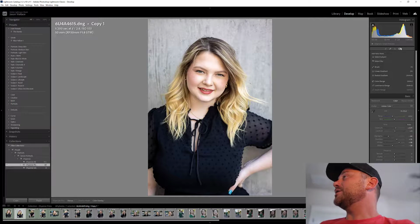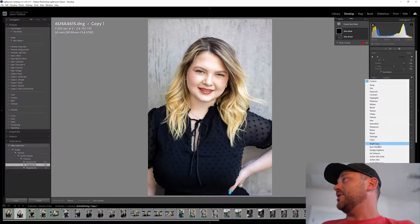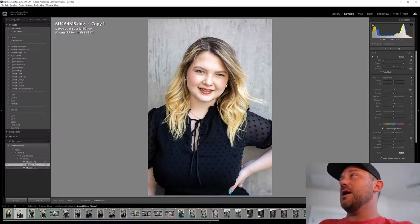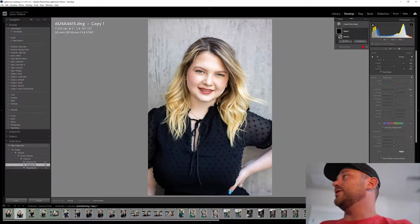select a brush. I have a little preset here called Bright Eyes. It brings the exposure up a little bit, brings the highlights up, and makes it a little bit wider. It's not too crazy. There's a little sharpness also. I just paint that over the eyes. There's some photos that you have to do a little bit more of it too, but in this one,